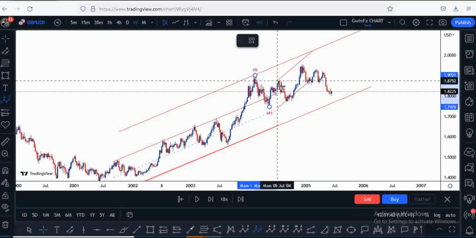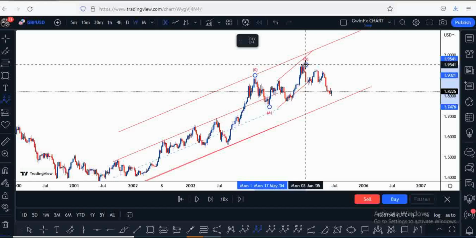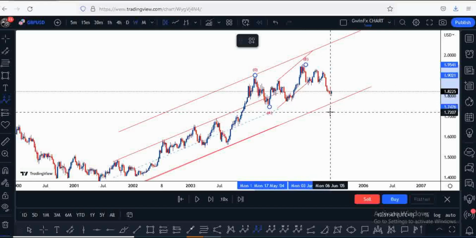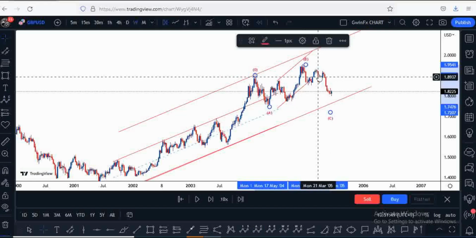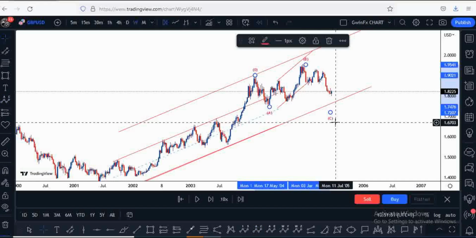I'm going to label this ABC for a B wave here on the upside, and I'm waiting for a C. So we're actually looking at the end of the drop of the C wave. Now, whatever we're doing here as traders, we are only making forecast assumptions, and then planning on what is the best scenario the market would most likely